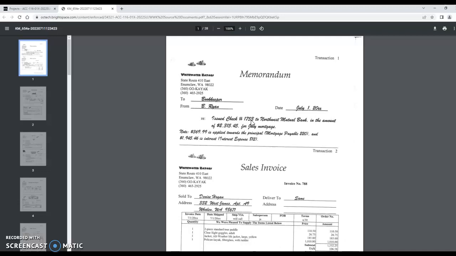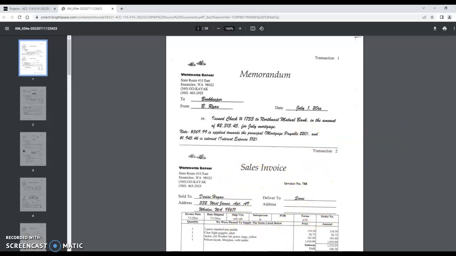And you can also determine that, since we're crediting cash, you're going to debit mortgage payable for $369.99, and you're going to debit interest expense for the $1945.46. So, in the next one,